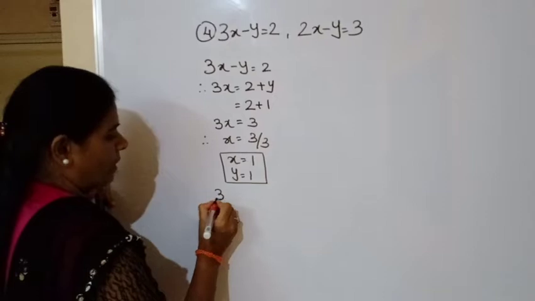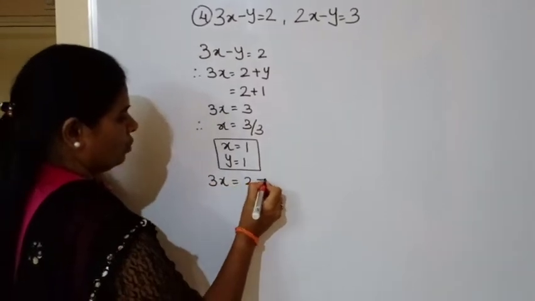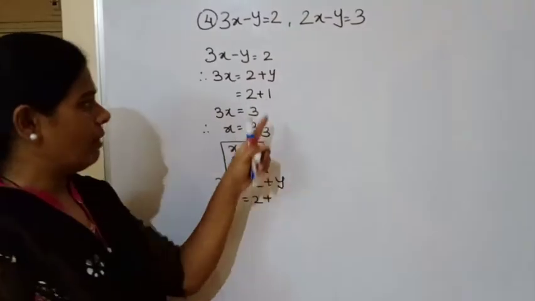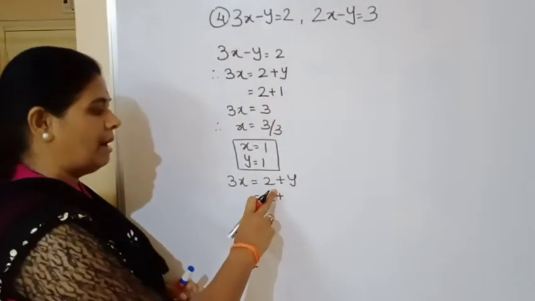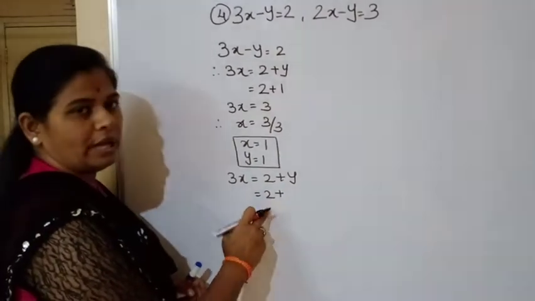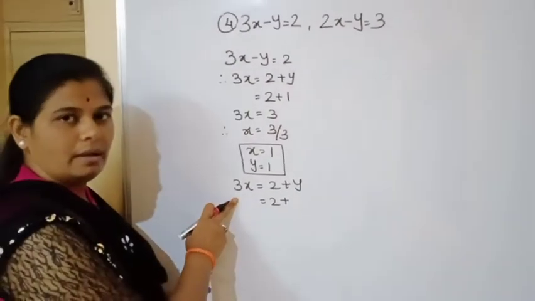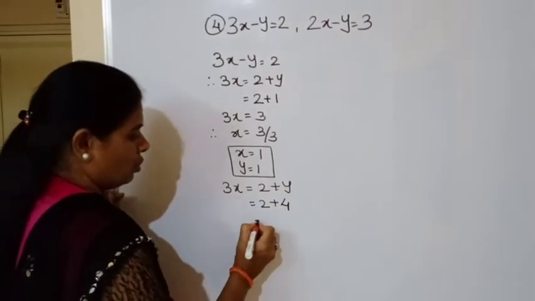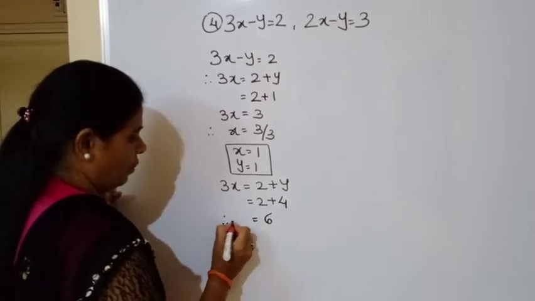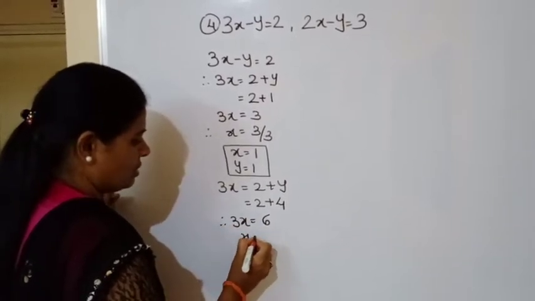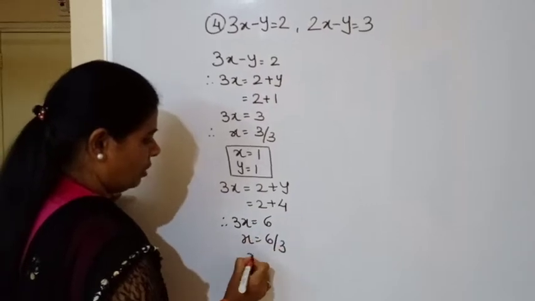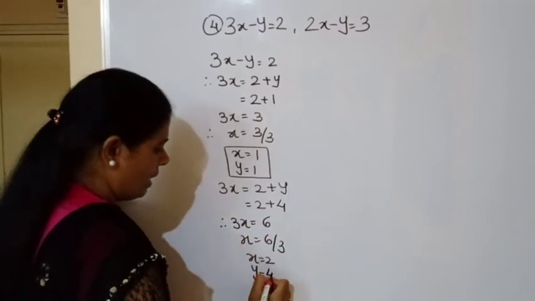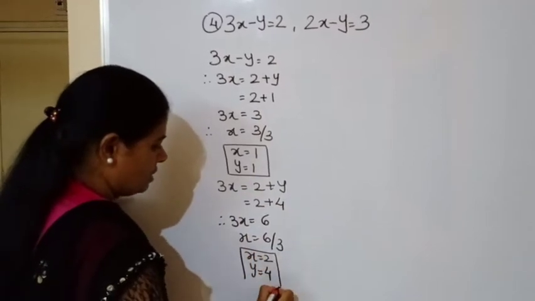Okay. Now we will find the second point. 3x equal to 2 plus y. Now see, we have already substituted 1. If we take the value of y as 2, then 2 plus 2 will be 4. 4 will not be divisible by 3. Okay, so we will substitute another value and take it as 4. So 2 plus 4 is 6. Therefore 3x equal to 6. So x equal to 6 upon 3. So x equal to 2. And y we have substituted, the value y equal to 4. This is our second point.